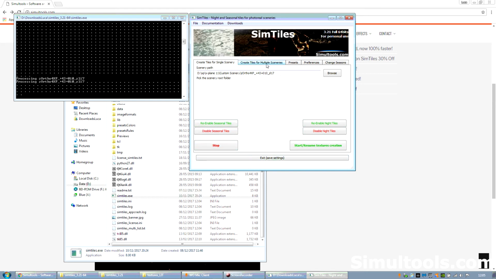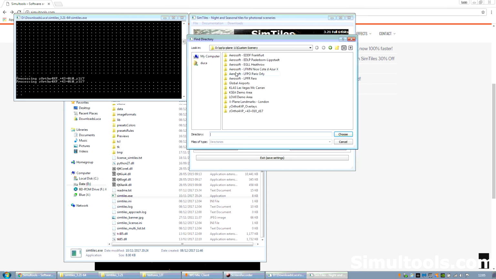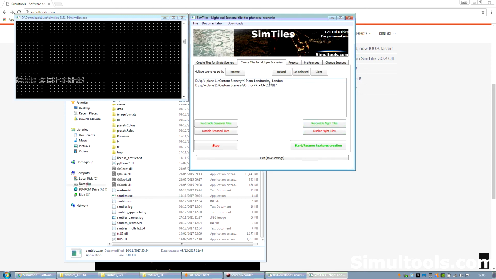And create tiles for multiple sceneries. Basically, it works exactly the same way as for single scenery, but in here, this menu allows you to select multiple sceneries. Now I don't have another scenery to show you, but in the case of multiple photoreal sceneries, they will come up in a list, and in here you start the creation process using the preset as mentioned earlier. And the only difference is that this is now a batch process,